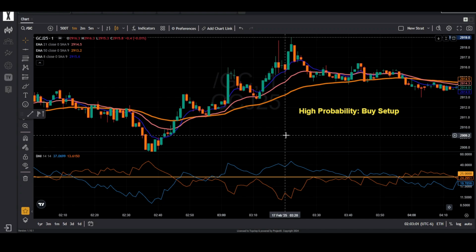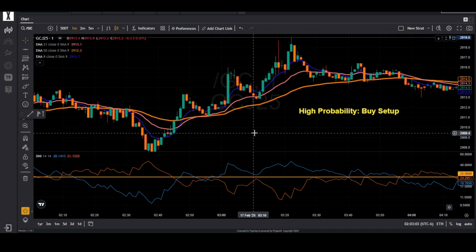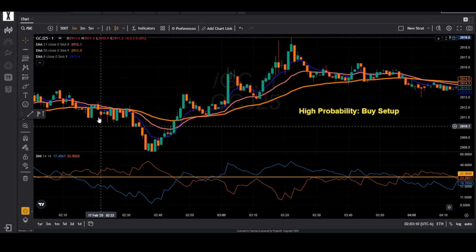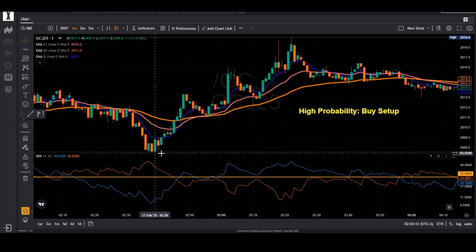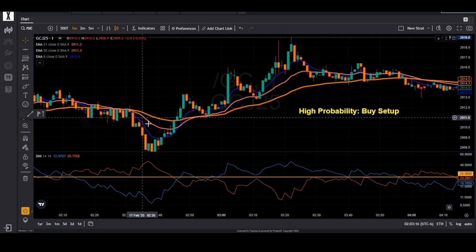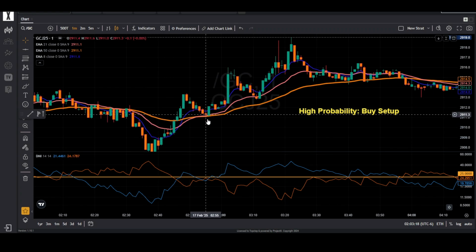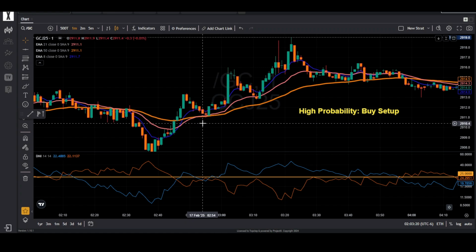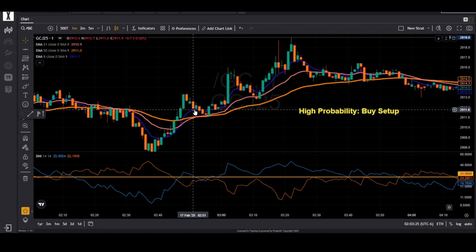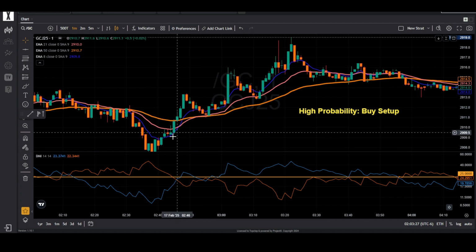The first step is to confirm that the market is in a strong uptrend. Here we can see the market is transitioning from a selling phase to a buying phase. Right here it was selling. Now it is converting into buying, and we can see the moving averages are in the process of lining up. So now we should be seeing clear higher highs and higher lows as a confirmation for uptrend.